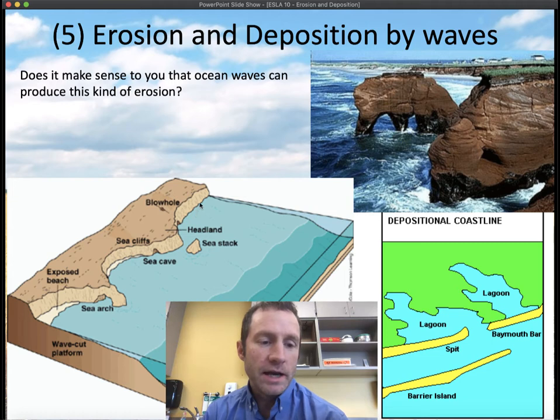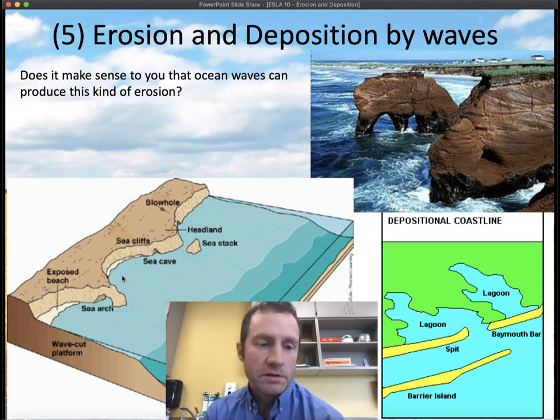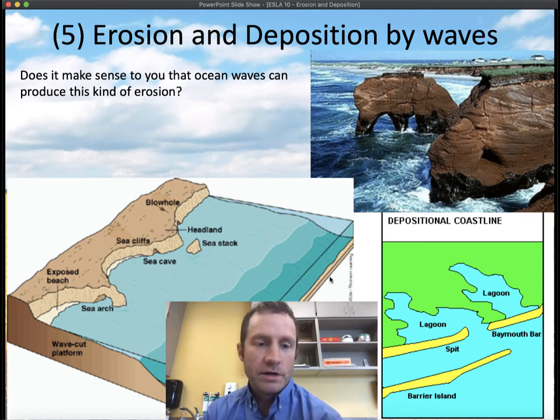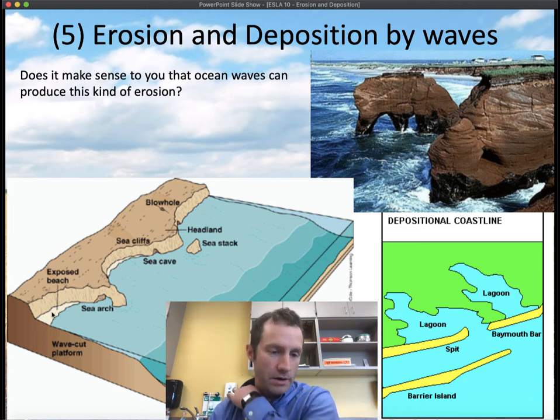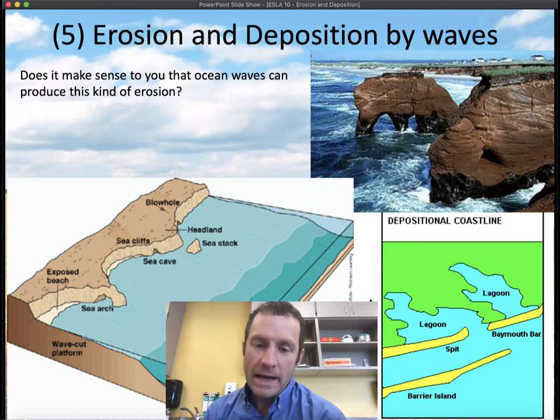And so the headlands can stay out pretty far, experiencing a little bit less erosion than these parts to the side. And the sand then can be carried by these waves and deposited in different areas. So generally, as this rock is weathered, the erosion can carry stuff from the headlands into these beach areas. And as they strike the shoreline, they can create some different